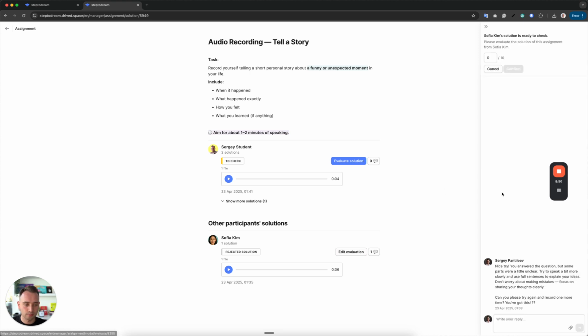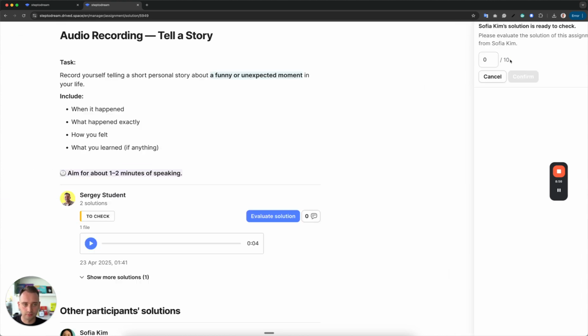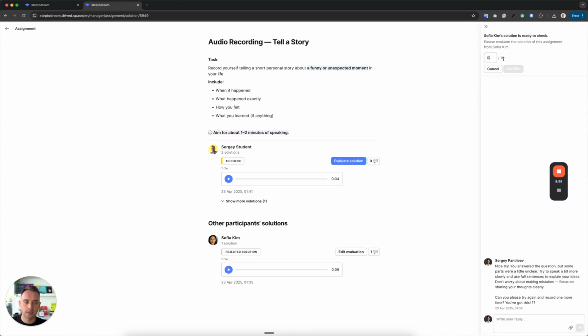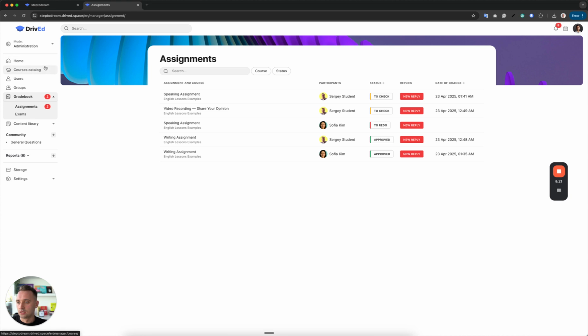So to give you an example, here's the feedback example, and I can grade it out of 10 or out of any number really which you want to put there. So I can say like 5 and hit confirm. So this is a back and forth conversation between student and teacher, providing valuable feedback and streamlining this process, right? So if I come back to a course,